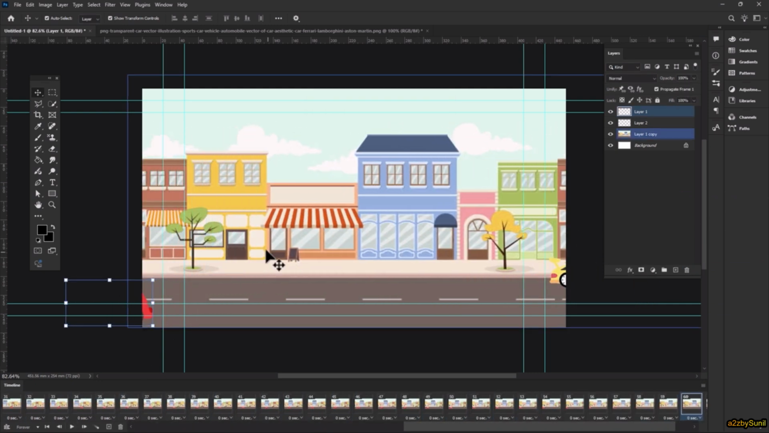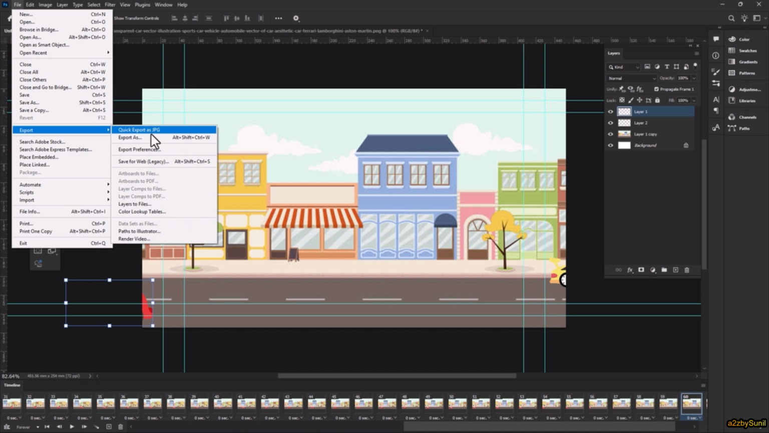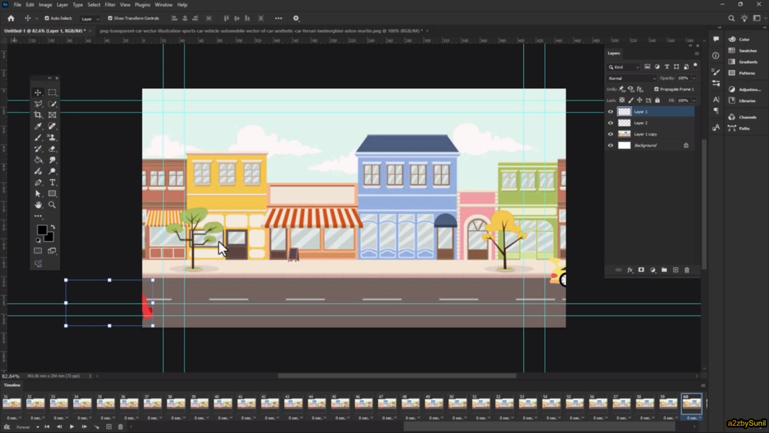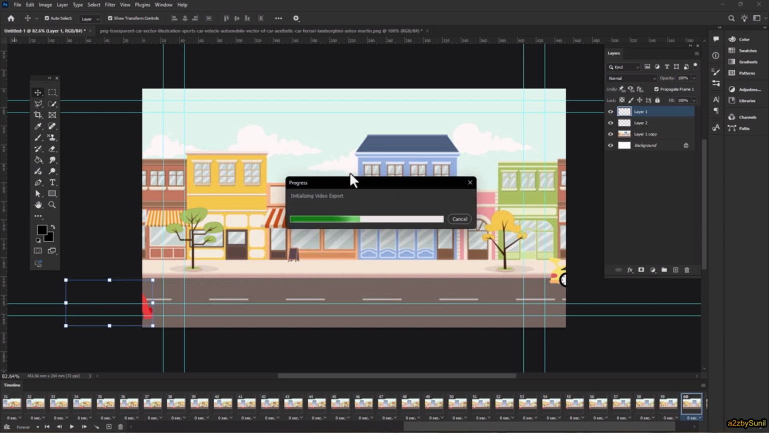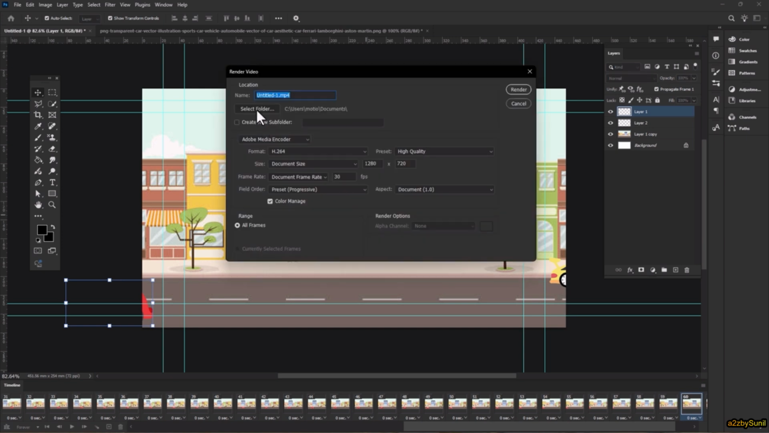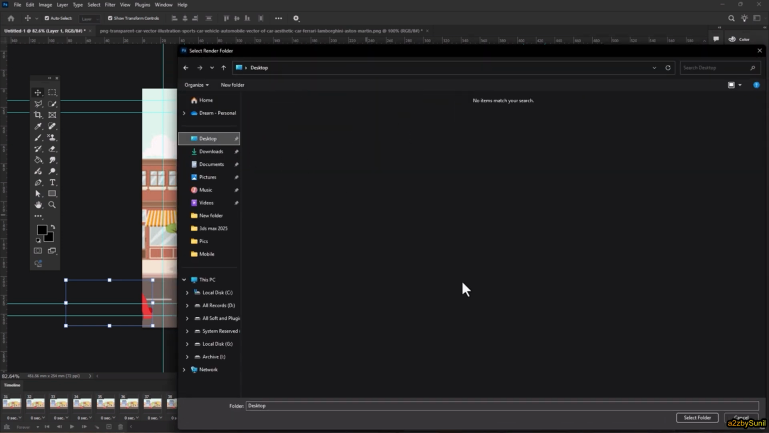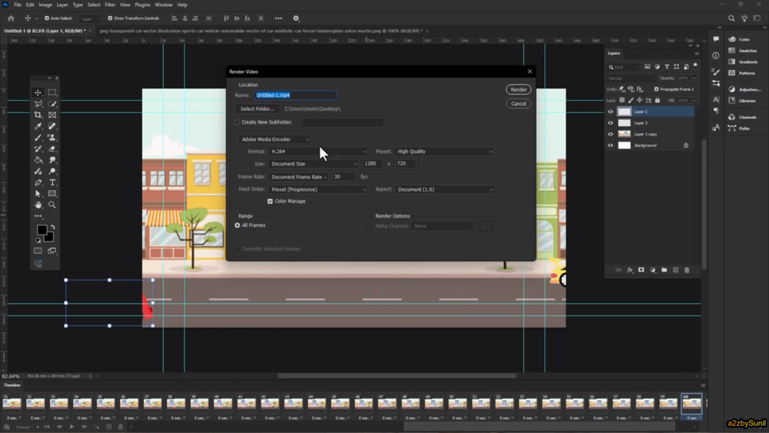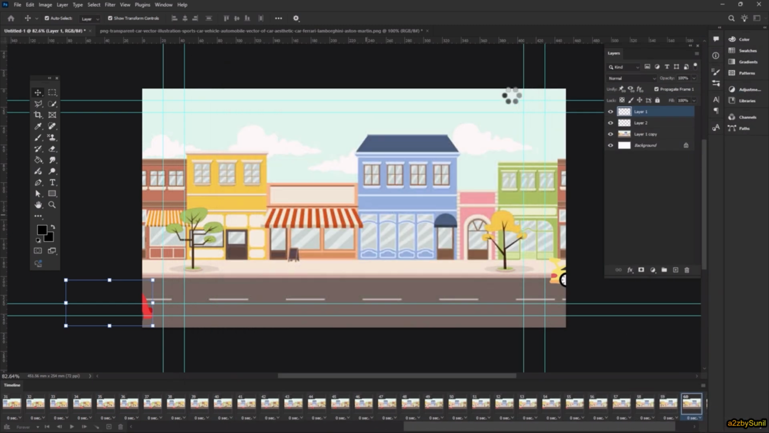Great. Okay guys, and now if you need to save it as a video, you must go back to File and go to Export, select Render Video. Select the format H.264, I mean MP4, the standard video format. Wait for the video export to initialize. Okay, go select the folder, select Desktop, select, and now select the format H.264 and click on Render and